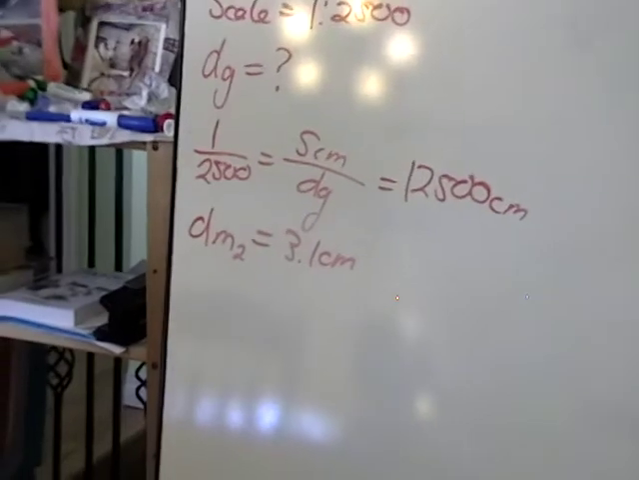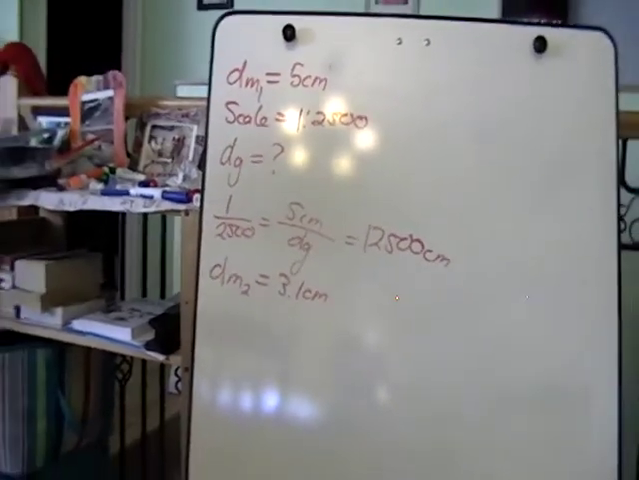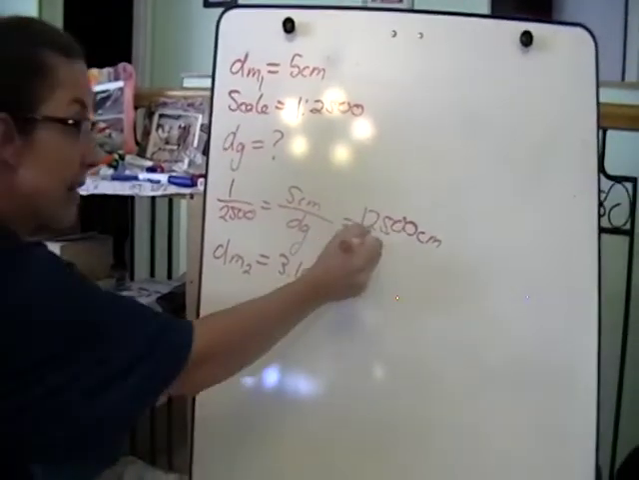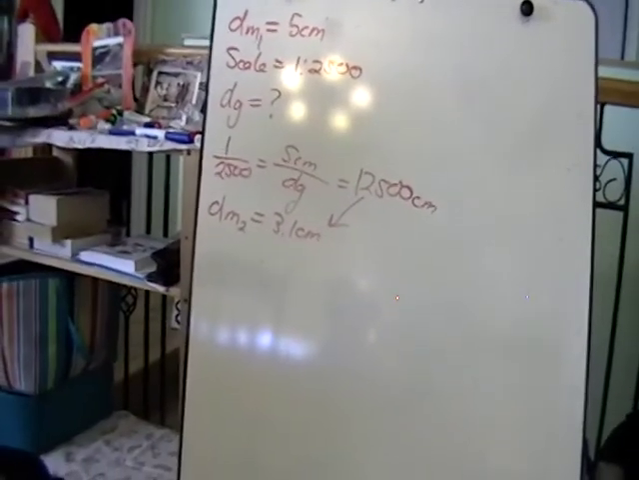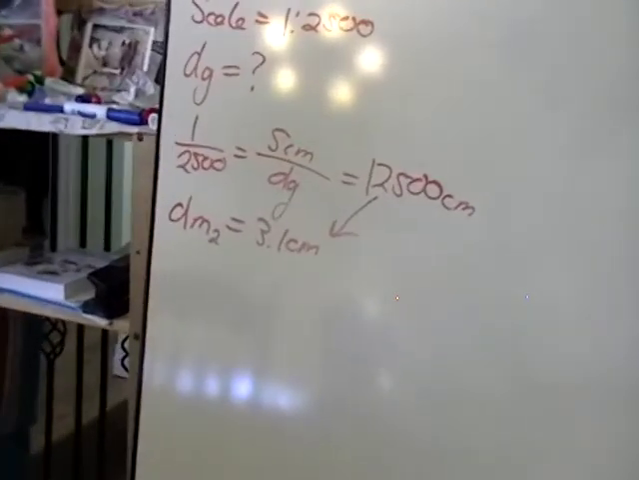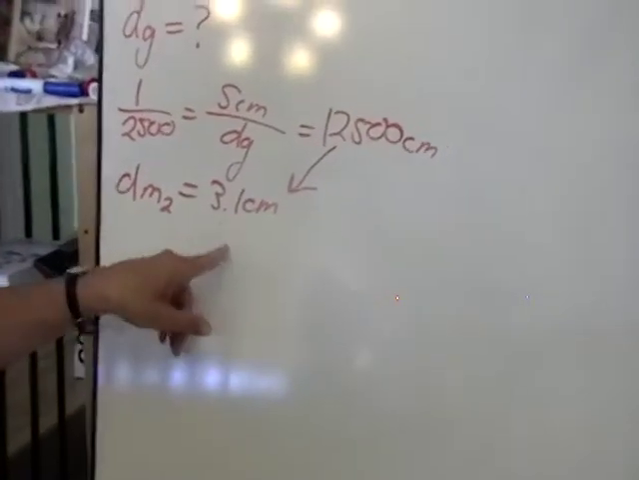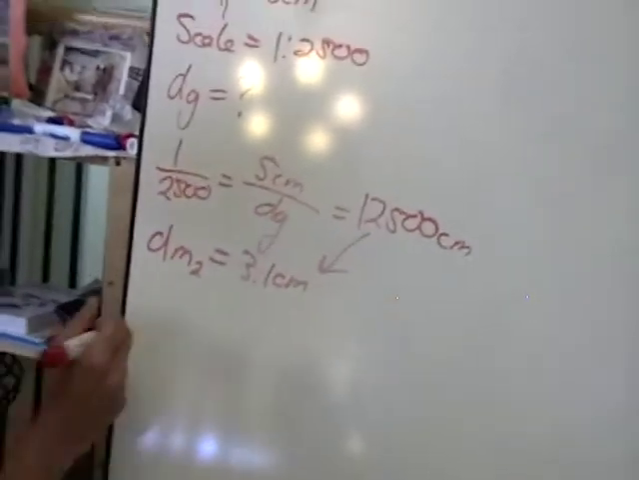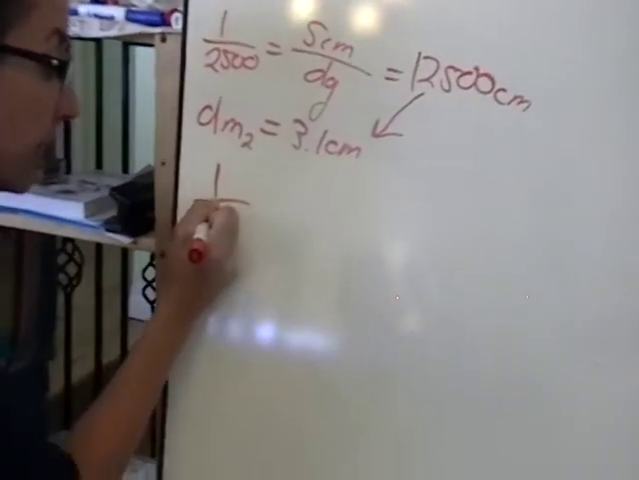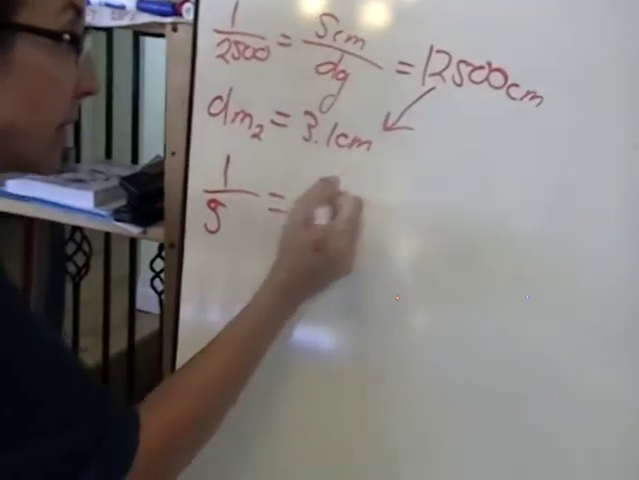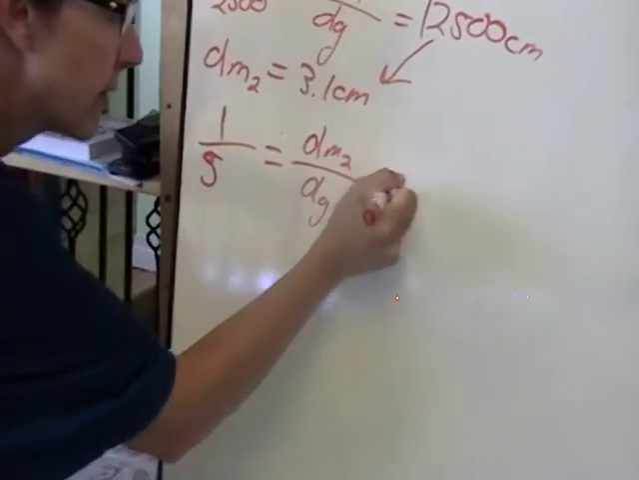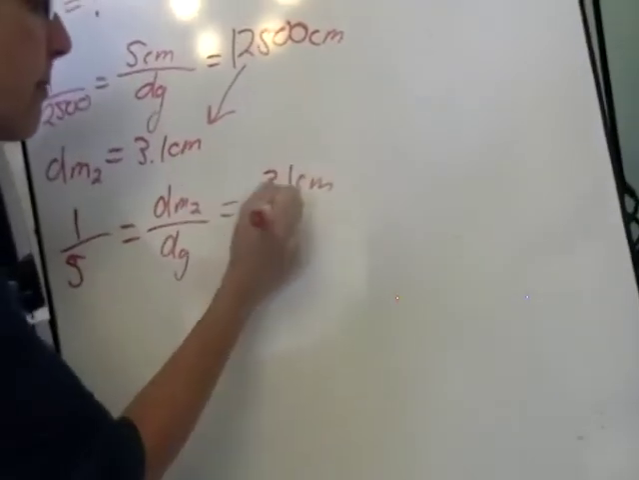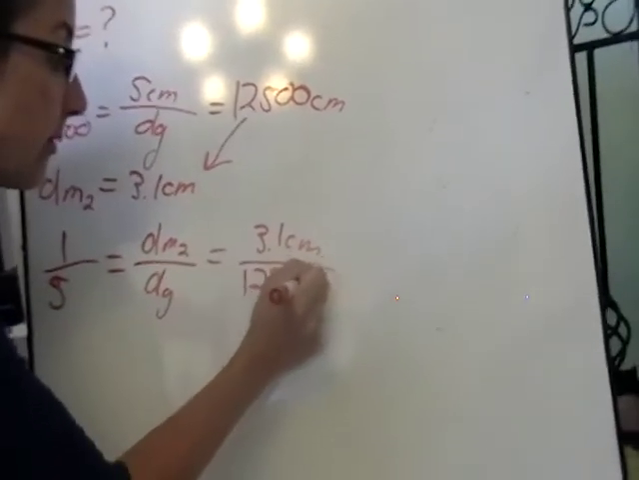Now I need to do the calculation to find out what the scale is. I have DG because it's right here. It has not changed. The building did not change size because you looked at a different map. It's still the same size. So the ground distance is the same, only this has changed. So now I can figure out what my scale is. So 1 over S equals my DM2 over DG, and that equals 3.1 centimeters divided by 12,500